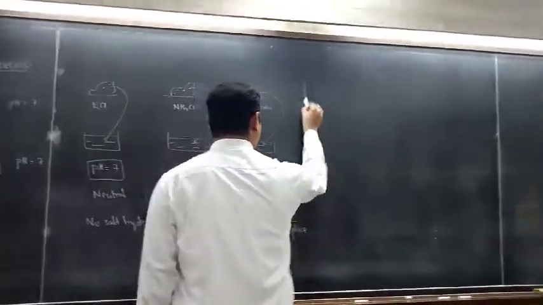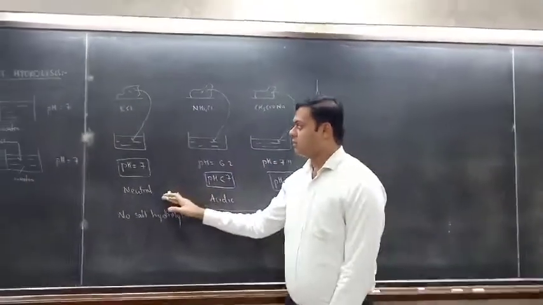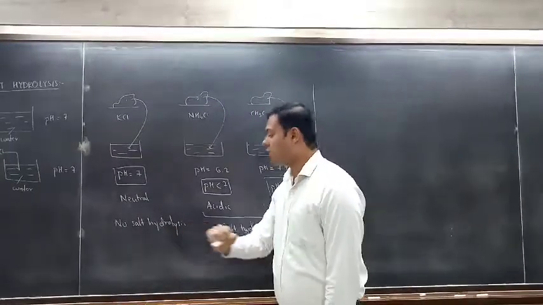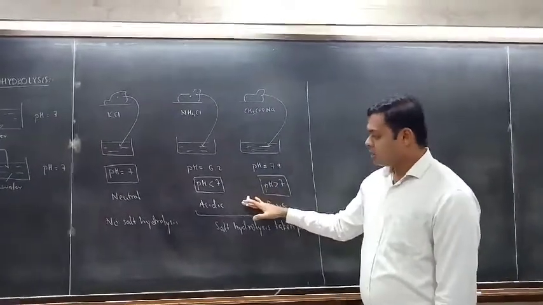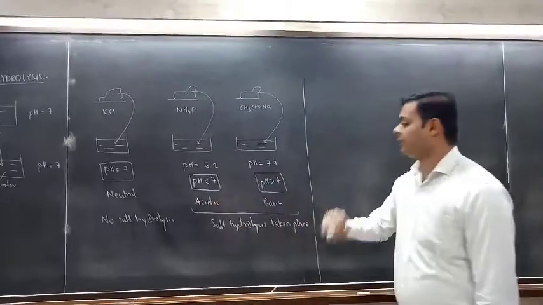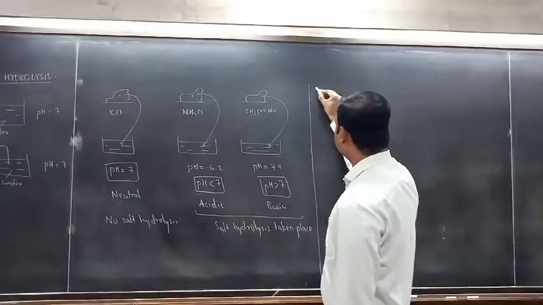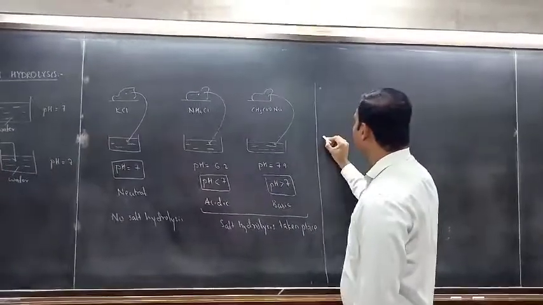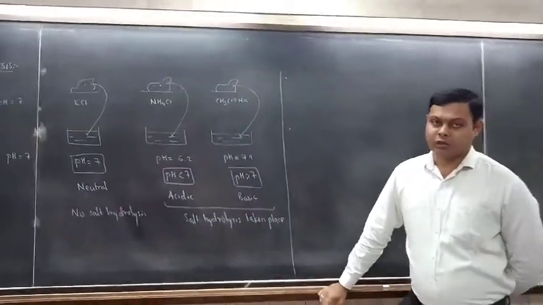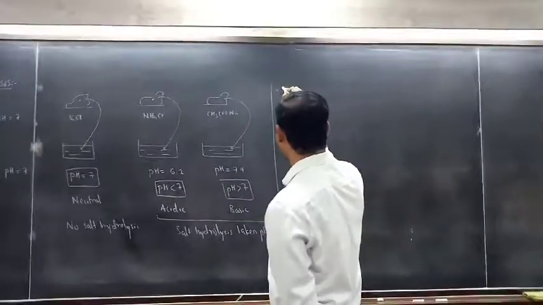Now, our first and foremost aim is to understand which salts will produce no effect on the pH of water, that is, no salt hydrolysis will occur, and the salts which will produce salt hydrolysis, that is, will have an effect on the acidity or basicity of the solution. For that, we will first take some examples. Few examples of salts which have no effect on the acidity or basicity of water, that is, they do not undergo hydrolysis. For example,